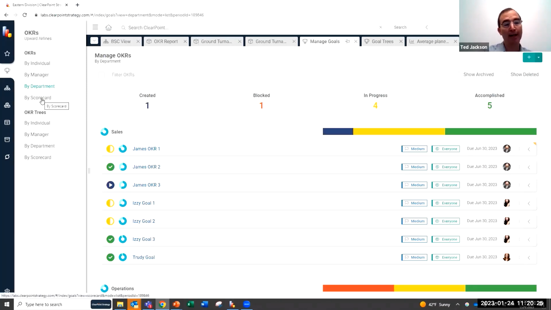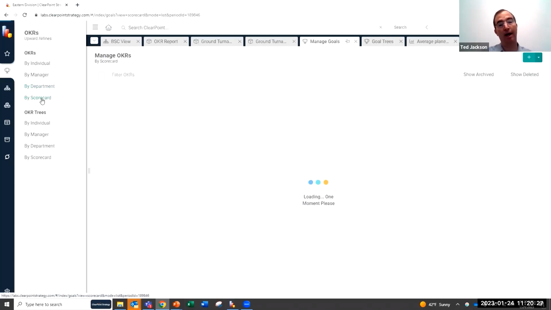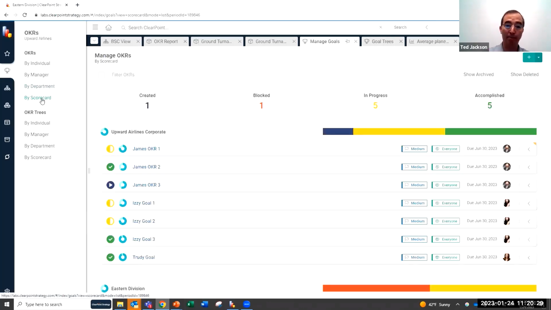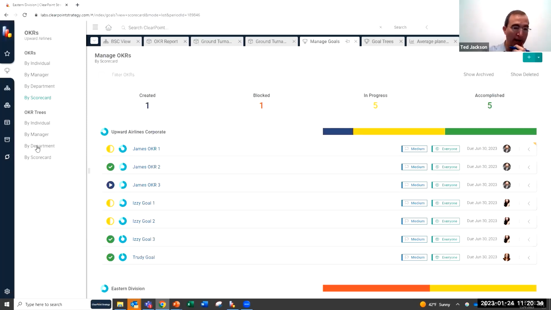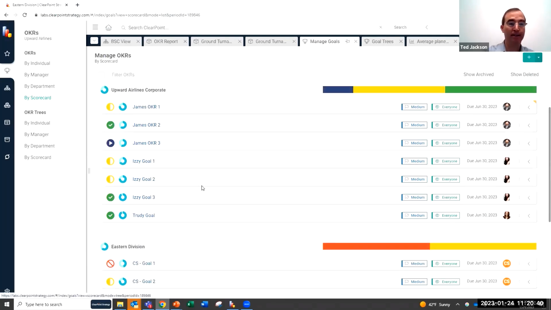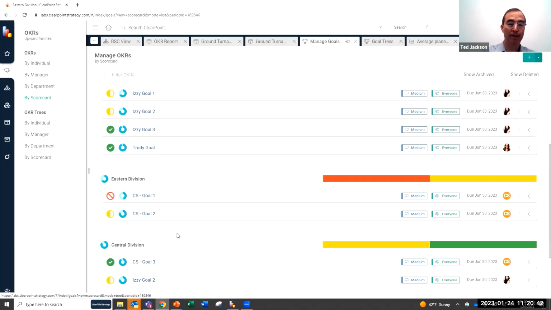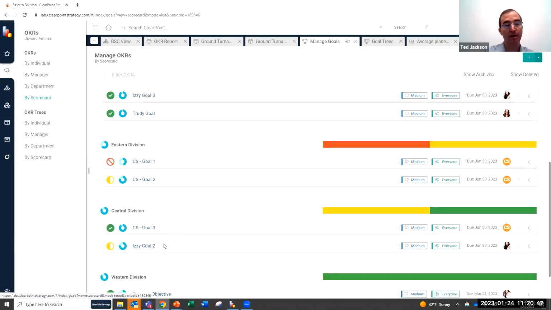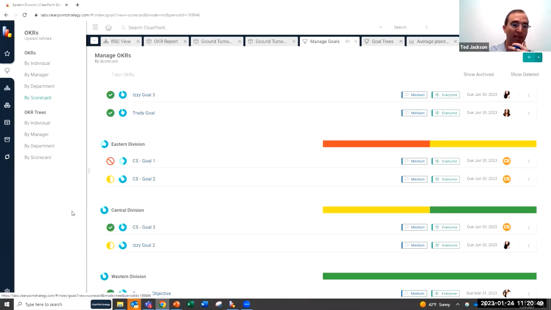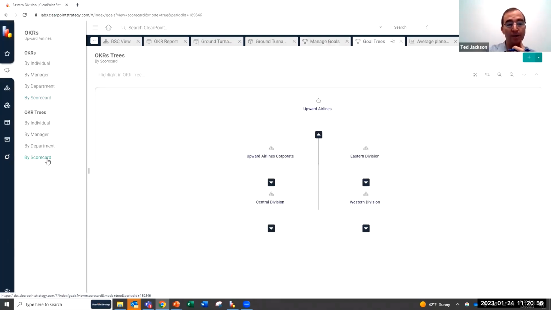And then one last thing is, if we did view OKRs by department, what this is doing is showing all of my OKRs that are linked up to an element in Upward Airlines, or some goals here that are linked to the Eastern Division or to the Central Division. Some people find this easier to view in a tree format. So I'm going to show this really quickly,